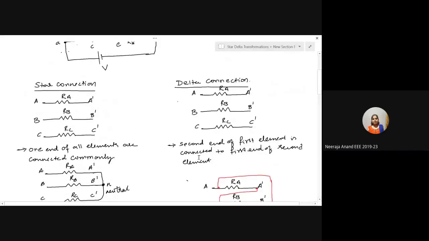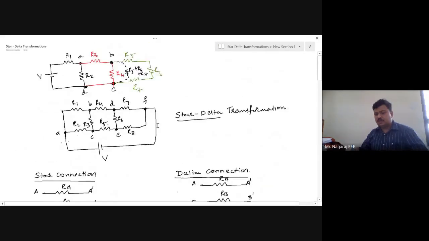So in the last class, we discussed another circuit reduction technique for passive elements, that is the star delta connection. We saw the significance of this star delta transformation study that we have to do for passive element reduction, network reduction. We already discussed that this circuit cannot be reduced directly, or we can't take a parallel or series combination of any two resistors directly and get the equivalent circuit without the star delta transformation reduction technique.